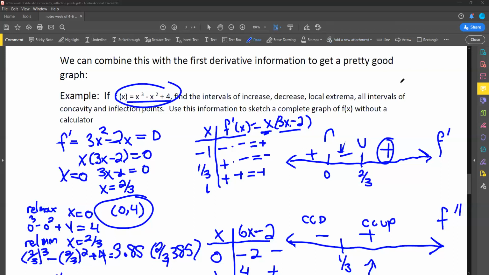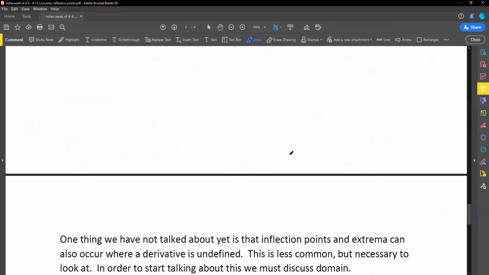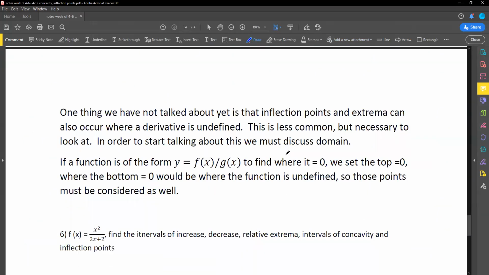Let me do one more example and then we're done for today. I'm going to give you a little Pearson assignment on second derivatives, but not much because I know that we had the others to do. All right, so